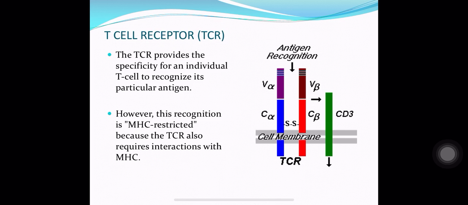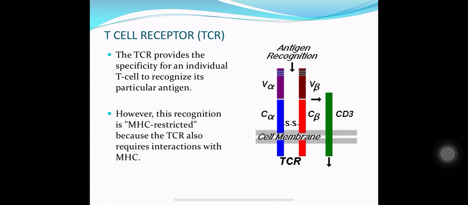Now, the MHC molecules will bind with the T cell receptor on the surface of the T cells. What is the structure of the T cell receptor? The T cell receptor also has two chains, alpha chain and beta chain. The alpha chain has two portions, variable region of alpha chain and constant region of alpha chain, and beta chain has two portions, variable region of beta chain and constant region of beta chain. Both the constant regions will remain the same, but the variable regions will keep changing. And as there are variations in the variable region, different varieties of T cell receptors are formed because of changes in the variable region.